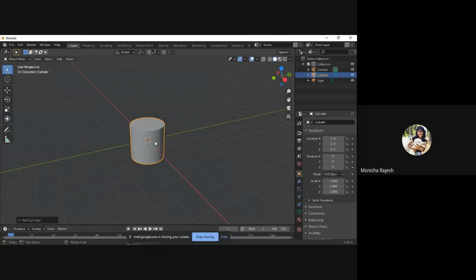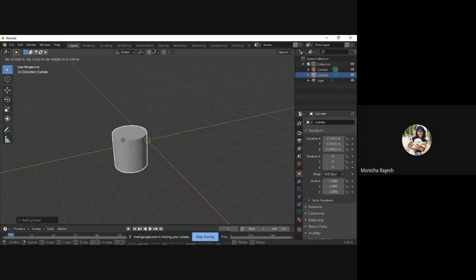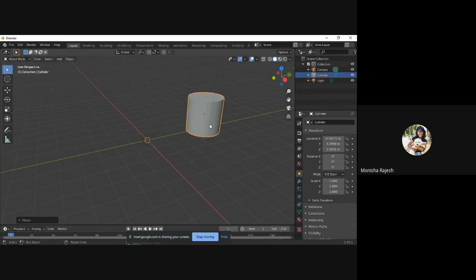Okay, so you'll also be able to perform multiple operations on this object. For example, if you want to move it or scale it or things like that, you have operations here. So you'll have move, rotate, scale, and transform. That is basically a mesh of all these three functions together. So now if you want to move the object, you can either press this or you can press G on your keyboard. If you press G, you'll be able to move this around. It will be attached to your cursor. And if you want to place it at a particular place, all you'll have to do is move it and click. So it gets placed.